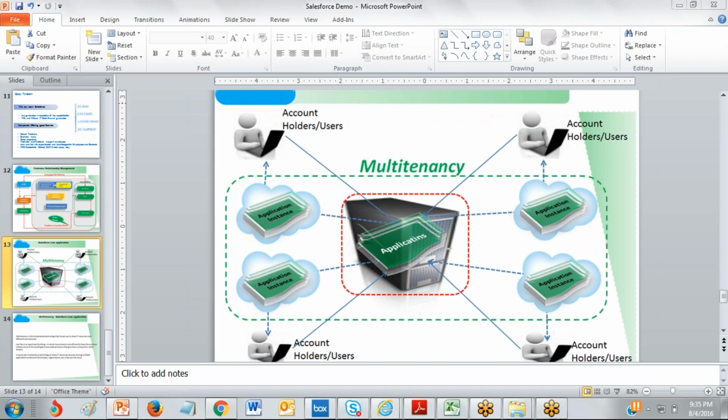Where will this virtual copy be created? Is it in this particular central server or the internet ISP provider's server? It is going to be created virtually on ISP servers.